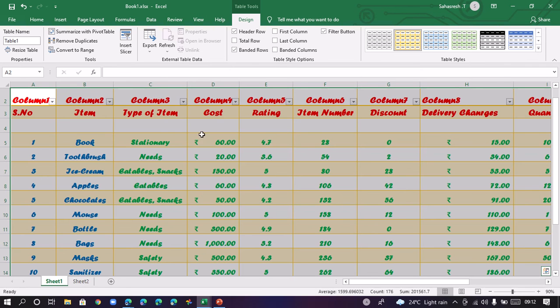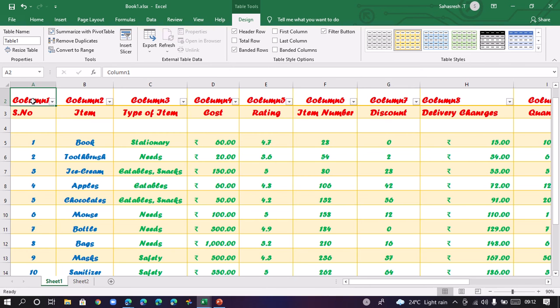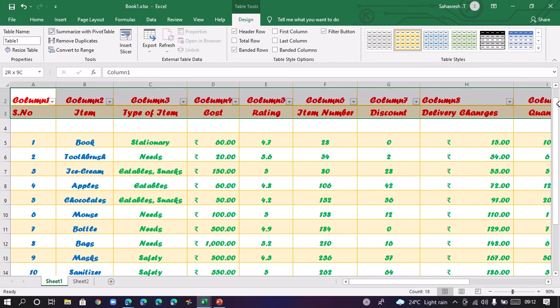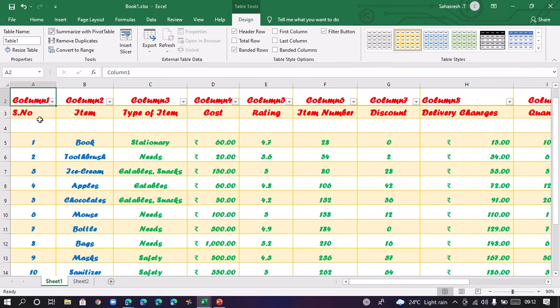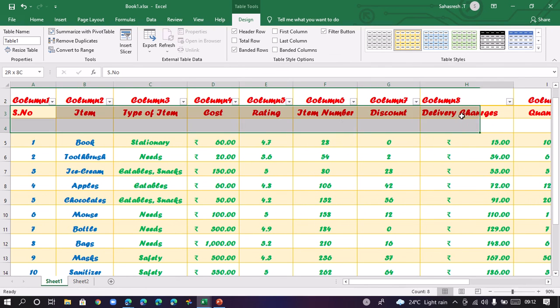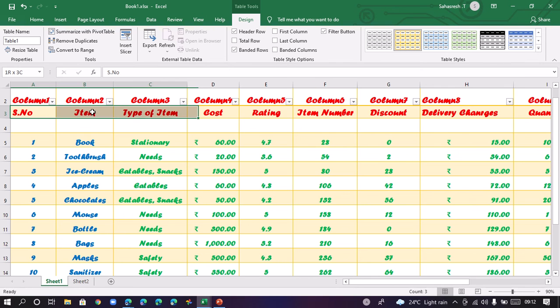Everything is added up here, but because of the format of the Excel, we get these options like Column 1, Column 2. Excel did not think that these are the fields, the headings of the columns, so it noted them down as Column 1, Column 2, etc.